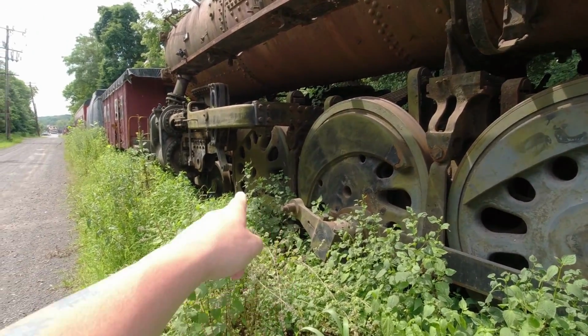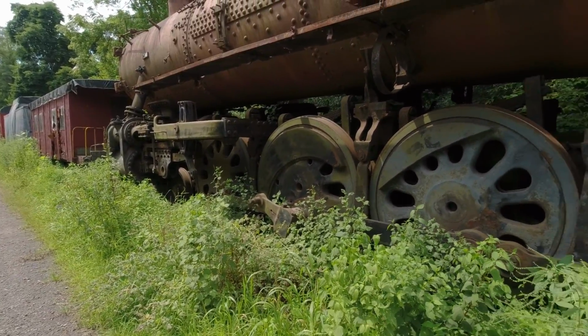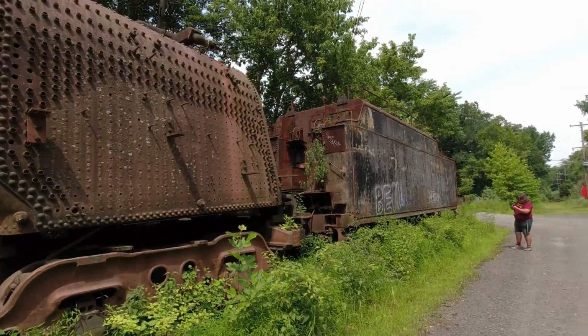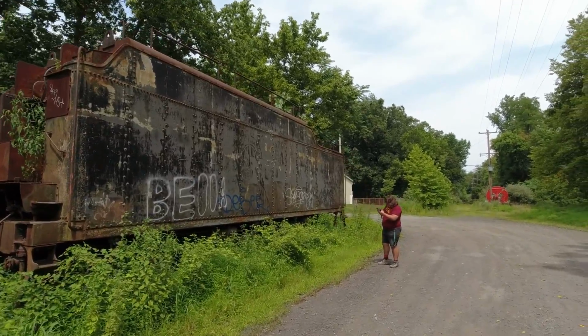And these wheels, I don't want to get too close, but they are almost as tall as me. And the connecting rods are disconnected or missing as well, so they could freely move it. Wonder if it's going to be undergoing restoration or not, but it is sitting here on the holding line, which does continue